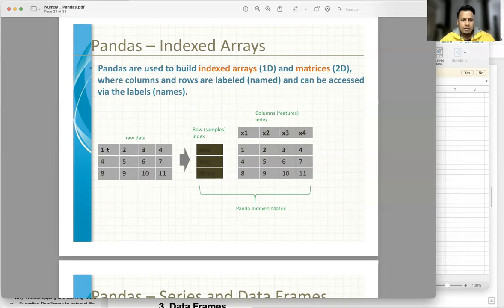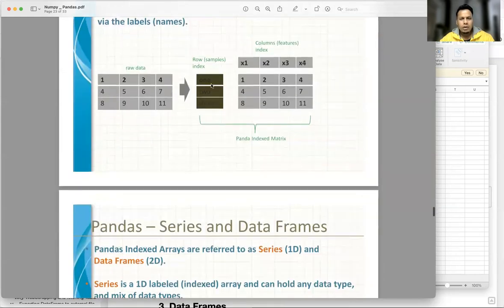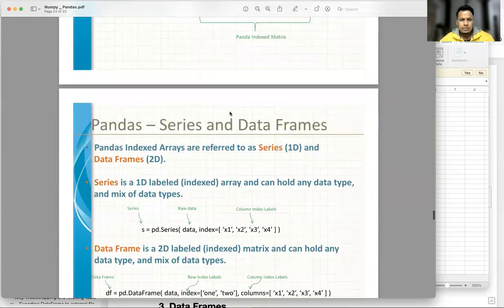Okay, so if you add a row header as well as a column header, then that will become your pandas data frame. That is what is shown here. This is your NumPy array, and I'm going to transform the array into a data frame, and I'm going to show this with the help of a program. When you convert into a data frame, the row index and column index will be added automatically, and I'll tell you how to manipulate this data also.